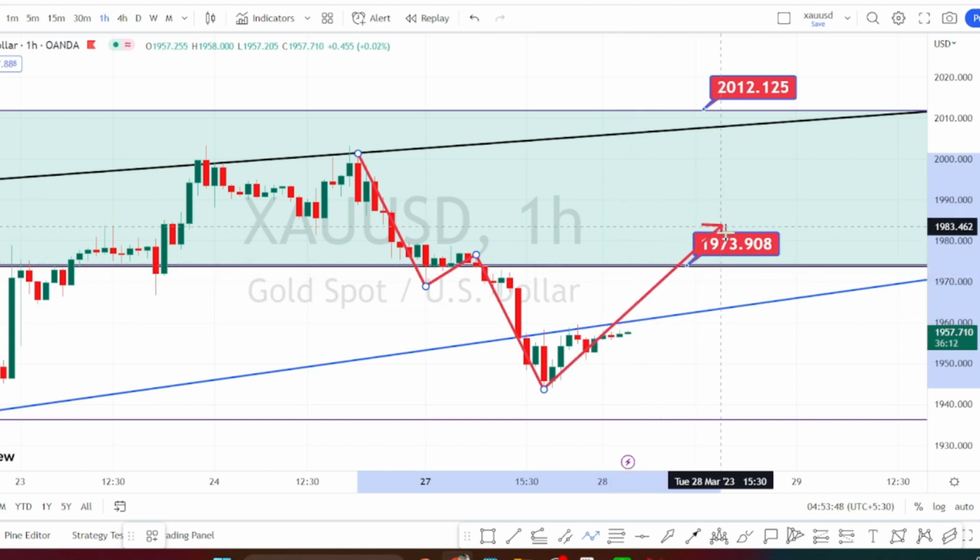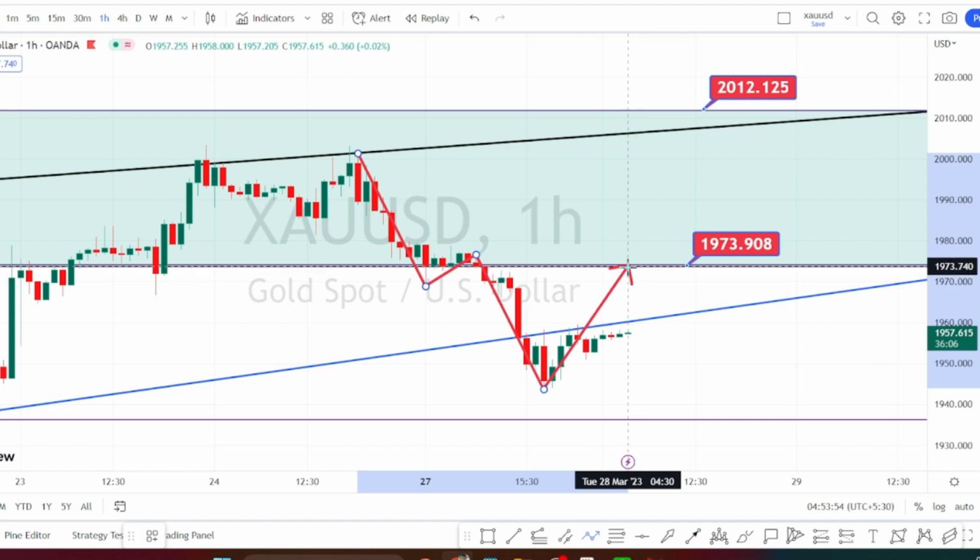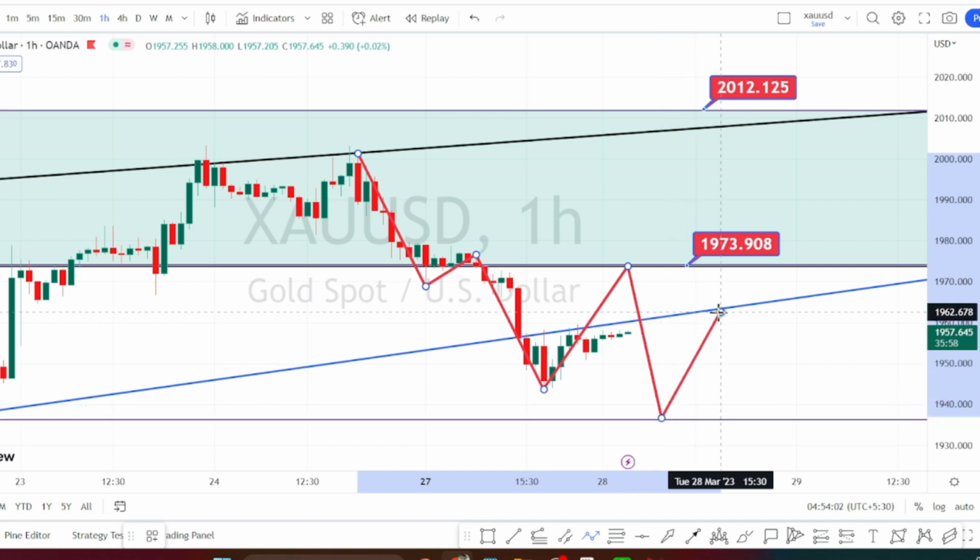we have a very strong resistance level of 1973. Only when the price action breaks this resistance level, we can expect a bullish side trend reversal to start. Till then, we can expect the bearish trend to continue in hourly time frame also. And this level of